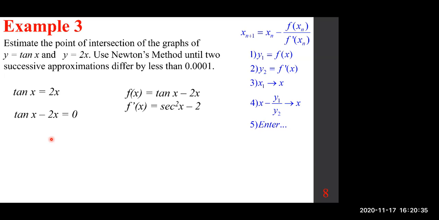So you have to start from somewhere, okay? And if you don't know, you can just guesstimate, or you can sort of use a graph to guesstimate where to begin. If we are doing this by hand, we really should be close or it goes crazy, okay? If you're doing it by the programming that I showed you, as long as you can show your readers here's what you did: you came up with the function, you set them equal, you differentiated, and now this formula, okay? And starting from somewhere, then you'll be fine. So